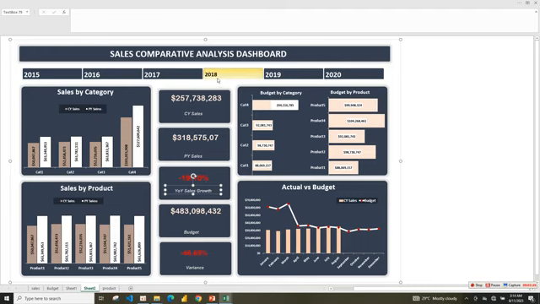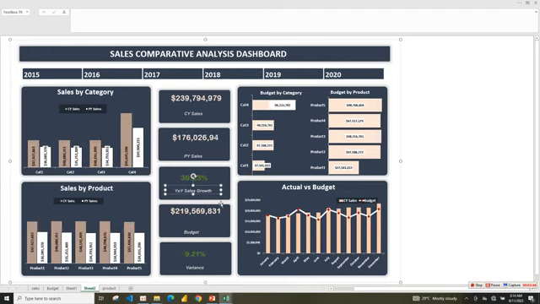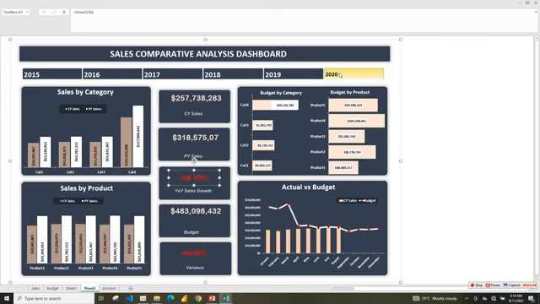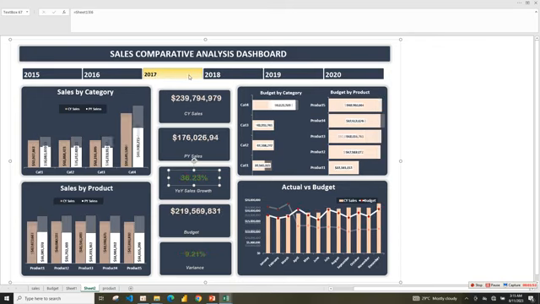If you click on any of the year, you will see that this variance and also year on year sale growth are changing with color. So if it is positive, it will give us green color, and the conditional formatting is in green. But if it is negative, it's going to give us red color, which